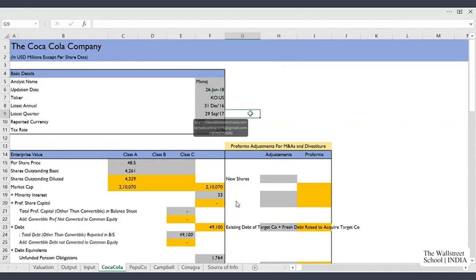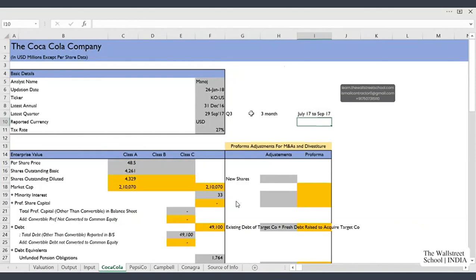So this September 17 report is basically for quarter 3. And this quarter 3 report covers 2 set of financials. One would be for 3 months for the period of July 17 to September 17. This is quarter 3 number.